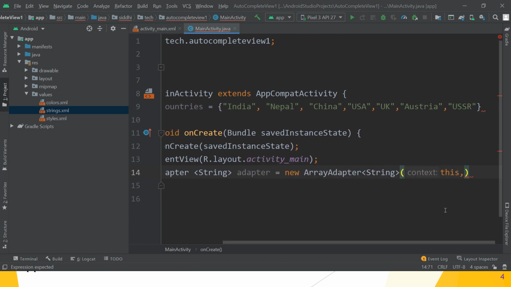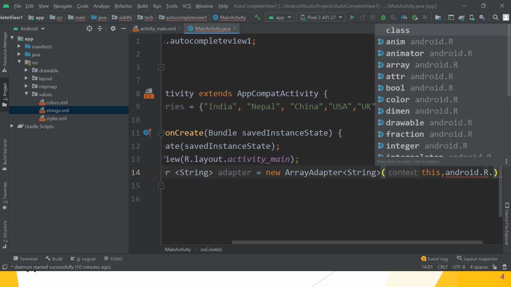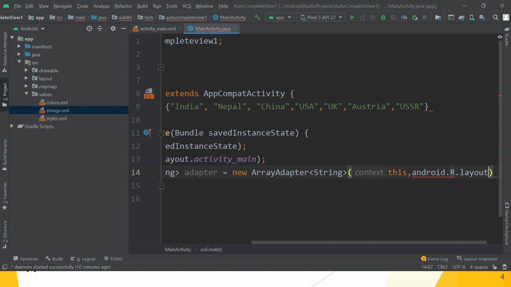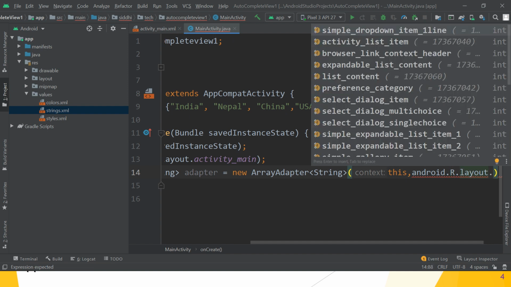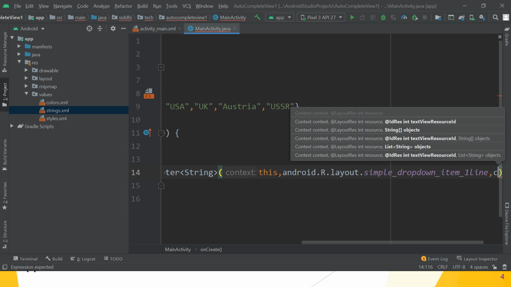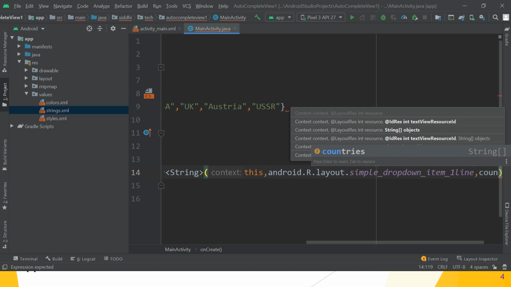After that, android.R.layout.simple_dropdown_item_1line, choose it, comma, the array object, that is countries.